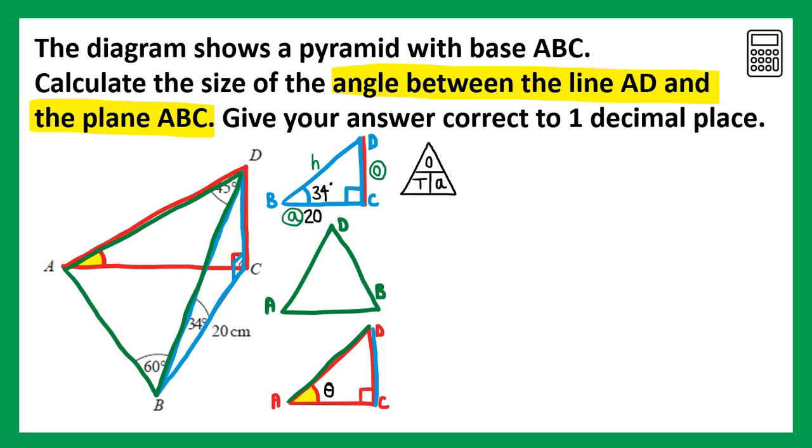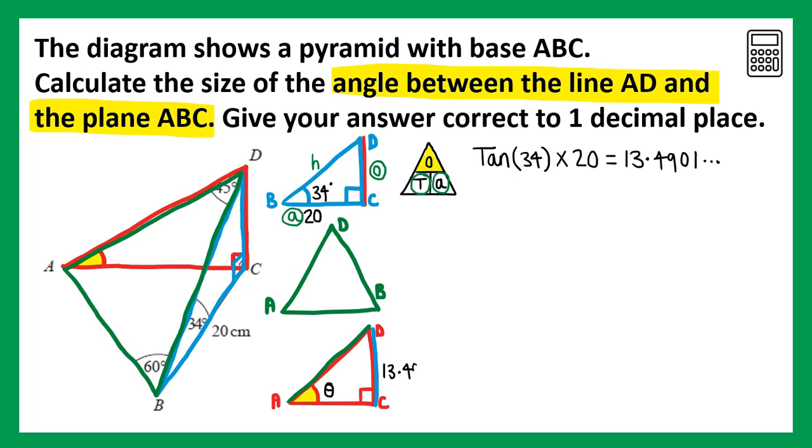The question involves finding the opposite, and the adjacent is given. I can use my tan ratio. Since I'm finding the opposite, I'll cover this up, and this tells me to do tan of the angle multiplied by the adjacent length. Tan of 34 multiplied by 20 gives me a length of 13.4901. I'm rounding my overall answer to one decimal place, so I'll label the length CD to 2 decimal places